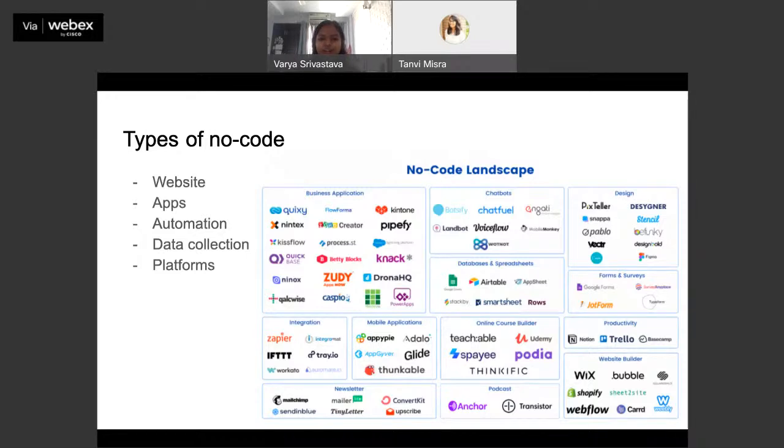As I say this, I'd also like to add a lot of these no code tools are paid. Like you need to pay money to be able to access them. But the great thing about most, if not all of them, is that they all have a free version. So for you to just get started, you can always just use the free version and go for it.